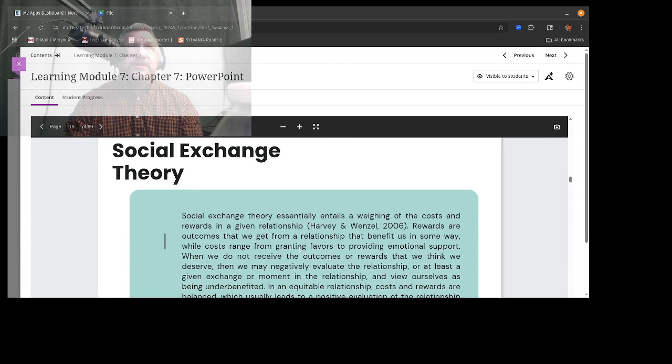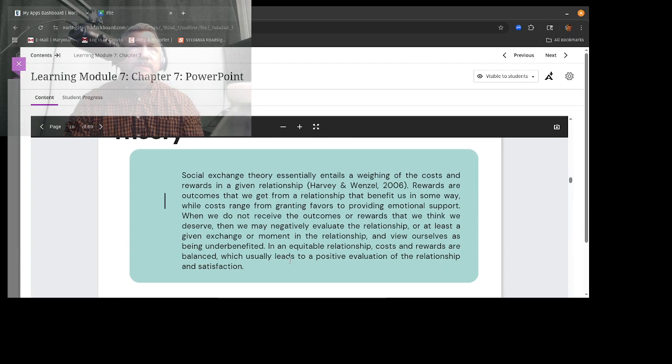So let's talk about social exchange theory a little bit. When we think about social exchange theory, it entails a weighing of cost versus rewards in any given relationship. The rewards are outcomes that being in that relationship will benefit us in some way. The costs are us granting favors and or providing emotional support, and is it worth the benefits? When we feel that we don't receive the outcomes of rewards that we think we deserve, we may negatively evaluate a relationship